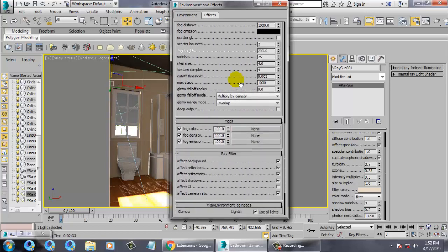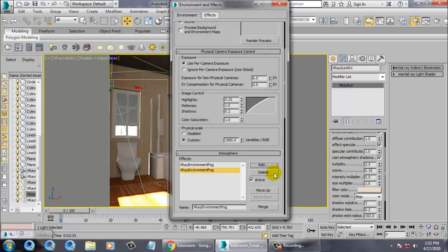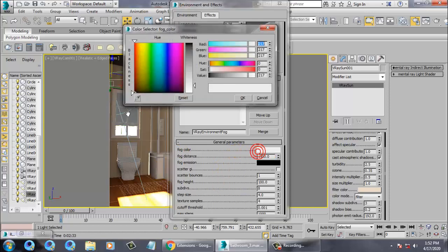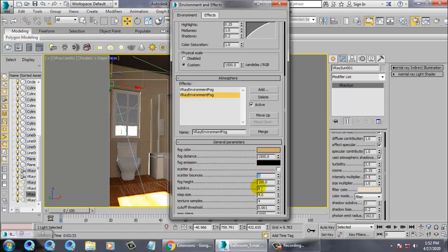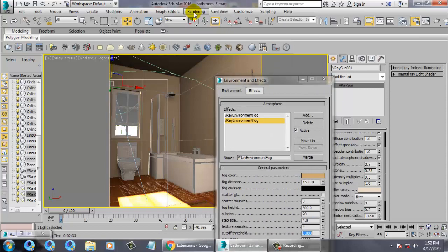Effect GI, I have off this effect GI, and let's add one more environmental fog, and let's increase this distance to 1500, and let's give a color to it. Scatter bounce, make it 3, make this 320, 0.003, and let's render it again.